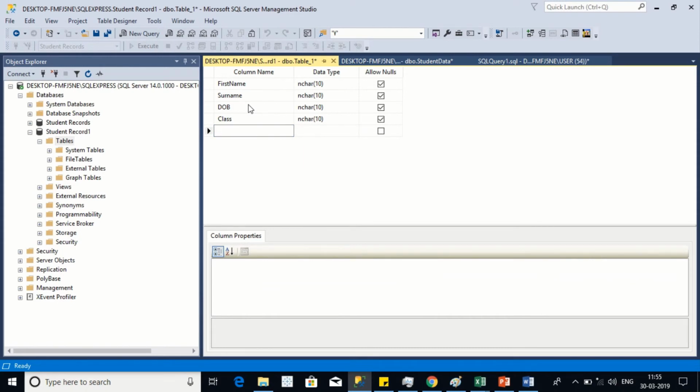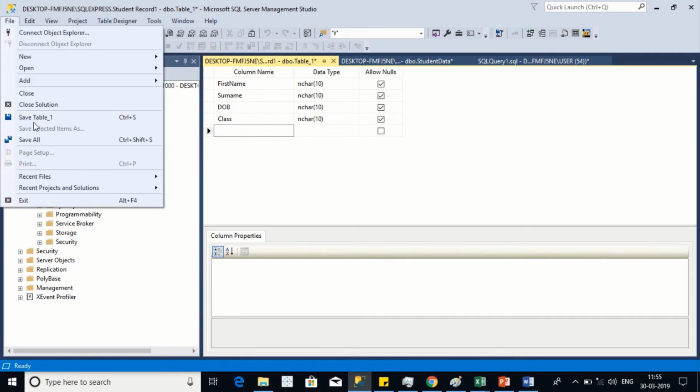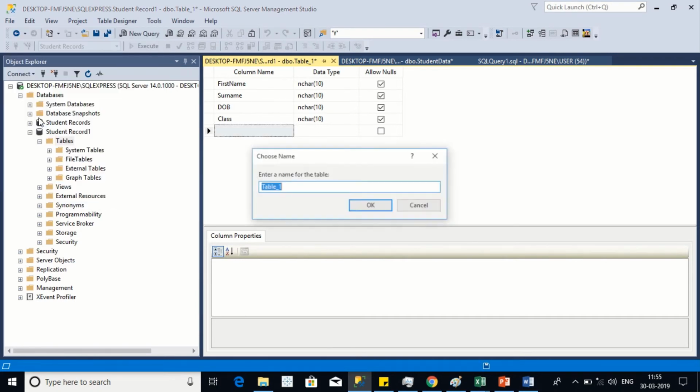And I go to File. Here I get the option to save Table 1, and I click on that and change the name. Table 1 is the default name. We can change the name according to our requirement. So I am giving the name Student Data. Student Data, fine, and clicking on OK.